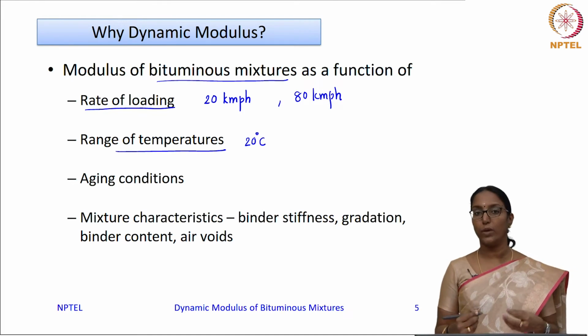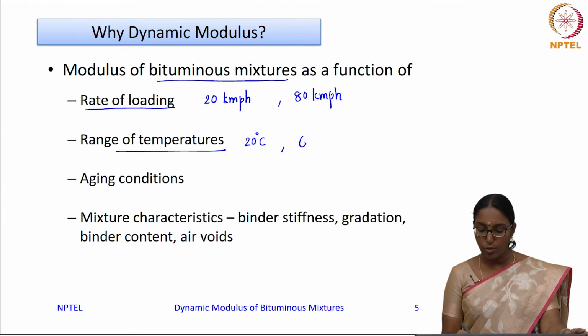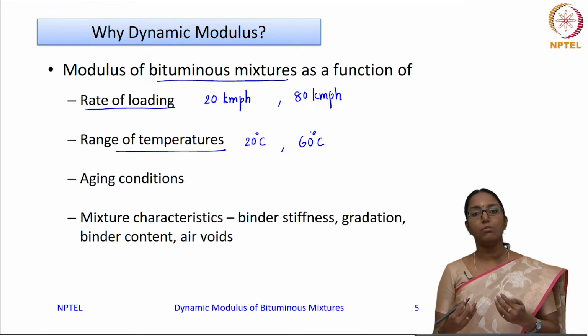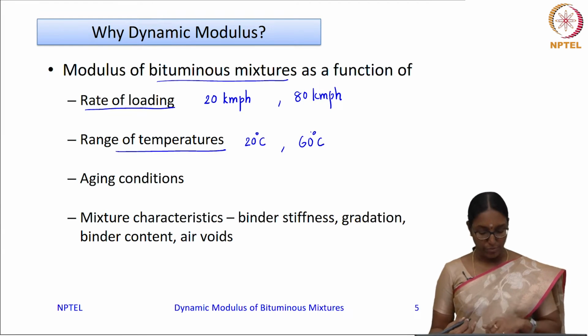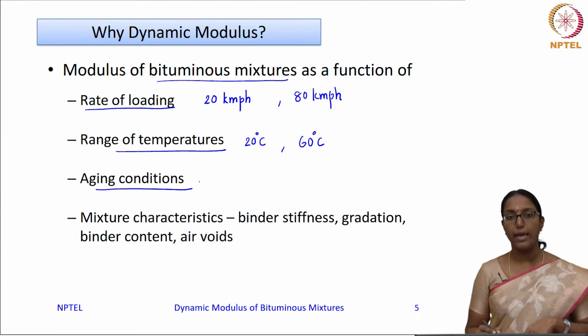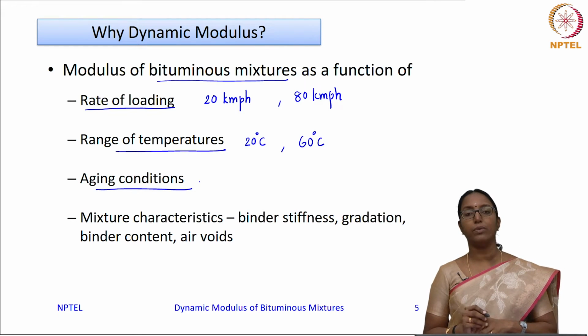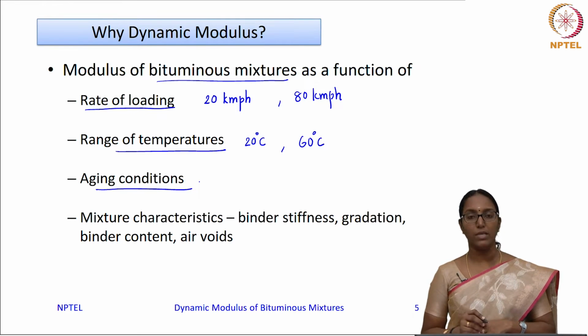Now your material is very stiff and it can give you a very large modulus value. Whereas when it goes to 60 degrees Celsius, your material will be less stiff and the modulus of the material will be substantially low. So your modulus depends upon the temperature. And another aspect is the aging condition. See, this aspect has already been discussed by Professor Nidita in her lecture on aging of bituminous binders as well as mixtures.